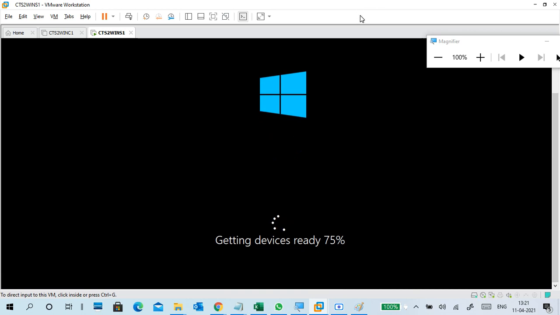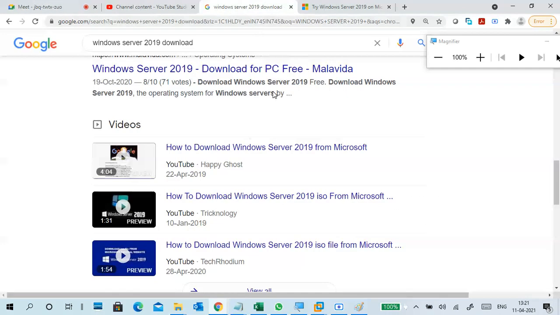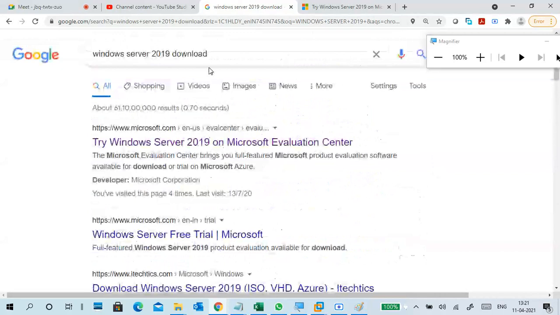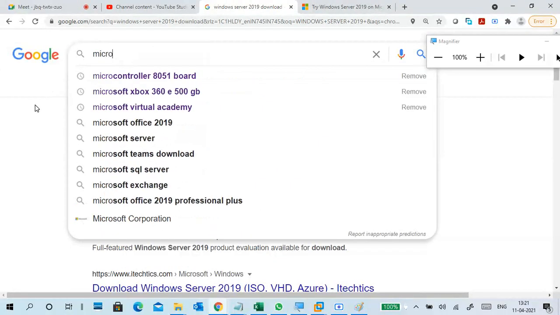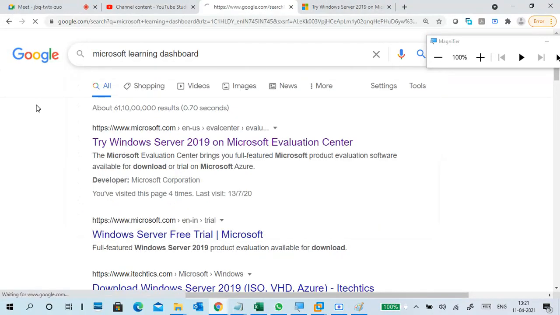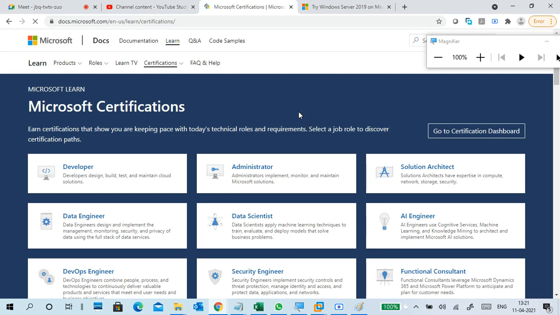Microsoft-wise or Linux-wise, a lot of material is available on the internet. You can download it from the internet also, and you can write examinations based on that. Go to the Microsoft Learning dashboard. mva.microsoft.com is there, where you can learn a lot of things.